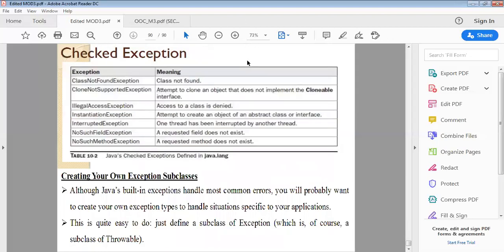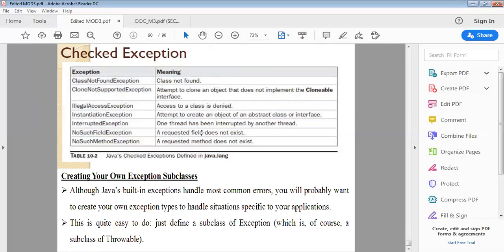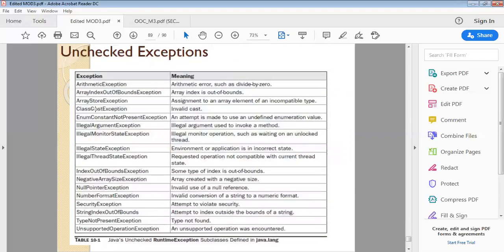But there are some checked exceptions that are supported by Java. Following are the exceptions: ClassNotFoundException, IllegalAccessException, InterruptedException. All these are exceptions that Java will handle. There is no need to give try and catch statements for this type of exception. Checked exceptions do not require a try and catch clause, whereas unchecked exceptions require a try and catch clause that should be given by the user.